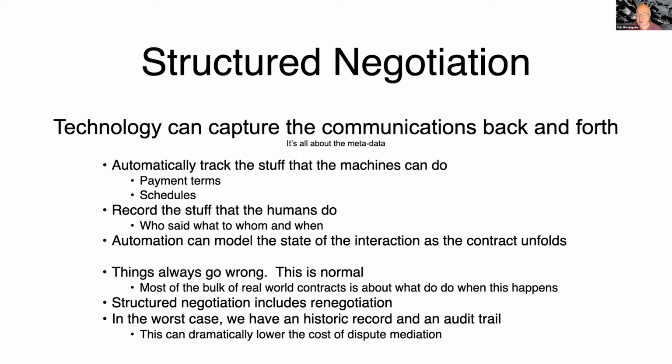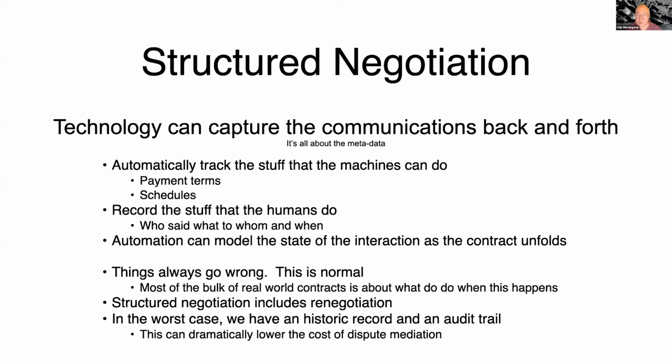Well, at least at this point, we have a historic record. We have an audit trail that can be packaged up and automatically conveyed to other people who are providing the service of being a dispute mediator or an arbitrator. And we can have agreed in advance